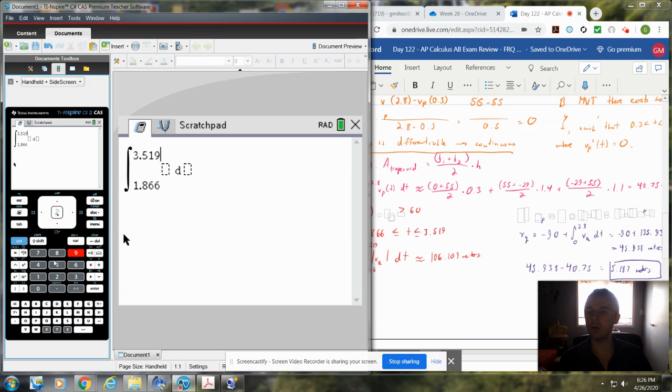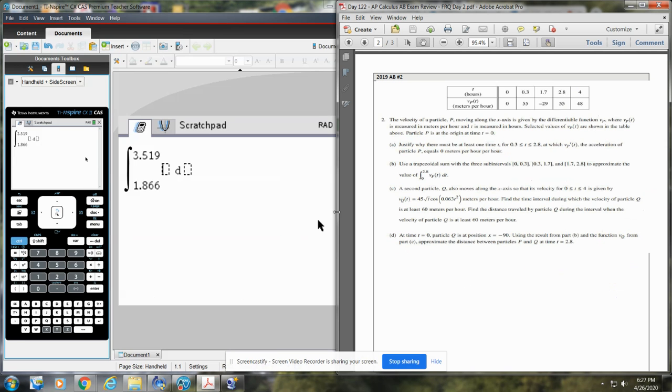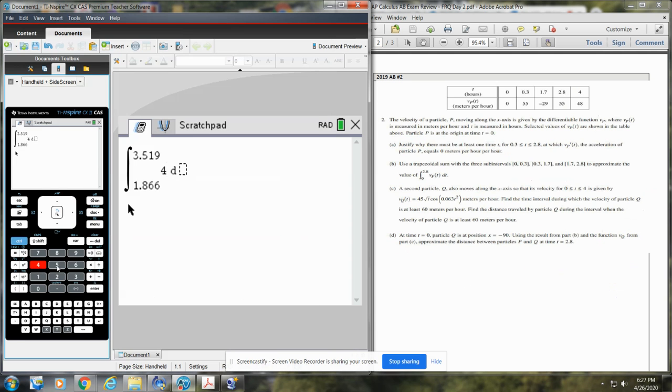3.519. So there you go. So really easy. Now you want to press right. So now here we're going to put our equation. We're going to put our equation, which was, let me scroll back to there. Okay, there's our equation. So it was 45, and then the square root, remember, is control x squared, gives us